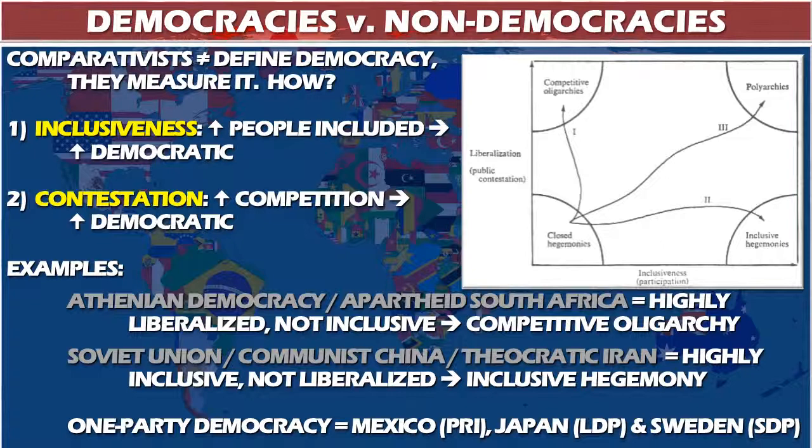So they were hard liberalized in the sense that there was a competitive system. They had elections. There were different parties, but it wasn't inclusive. And so it was kind of this competitive oligarchy model. On the other hand, as I said, Soviet Union, Communist China,